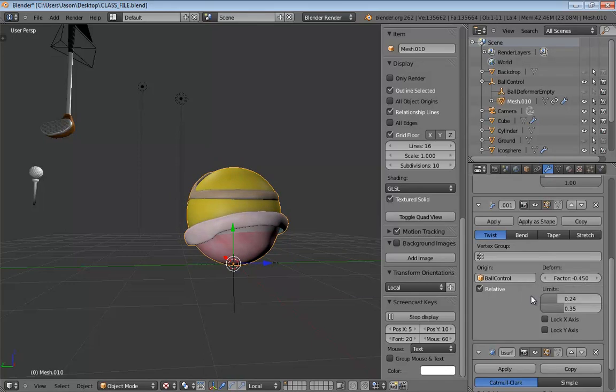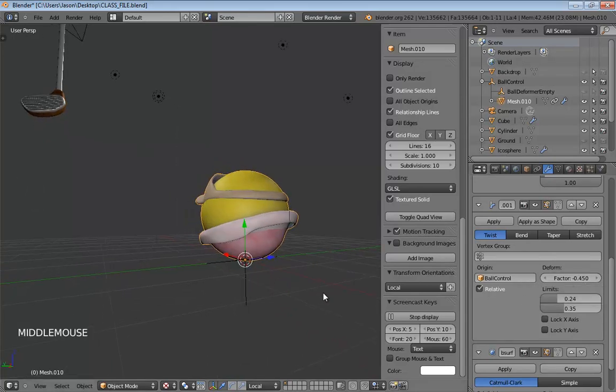Did I check relative just then? Yes, I did, because you need relative to make sure that you are performing your operation relative to the axes of your origin object. And that may not be in the notes. I really intended these notes to be something just to kind of help you catch along. But yes, you do want to check relative.